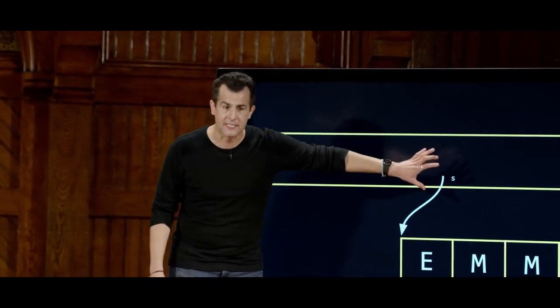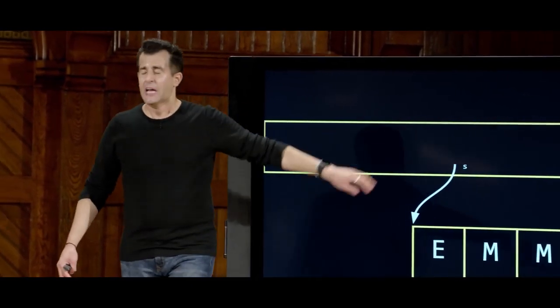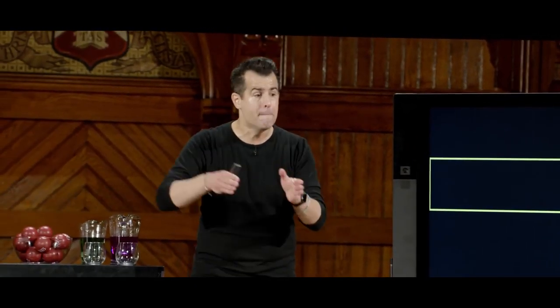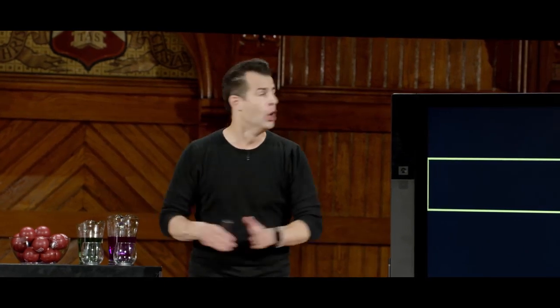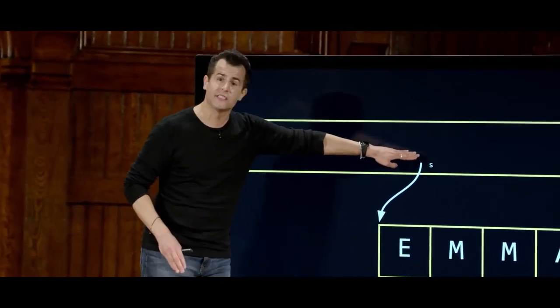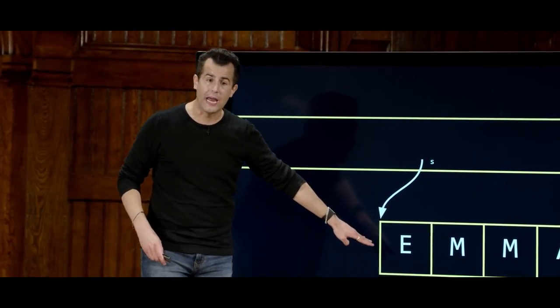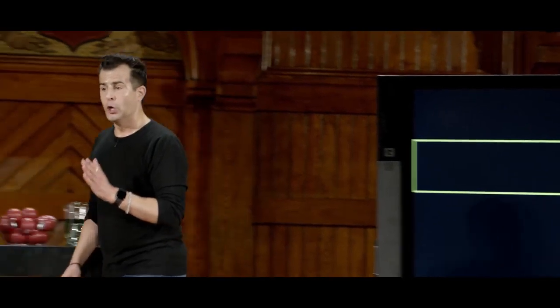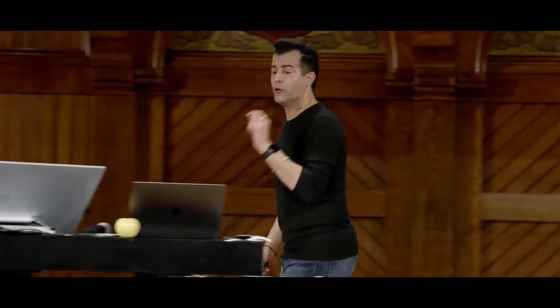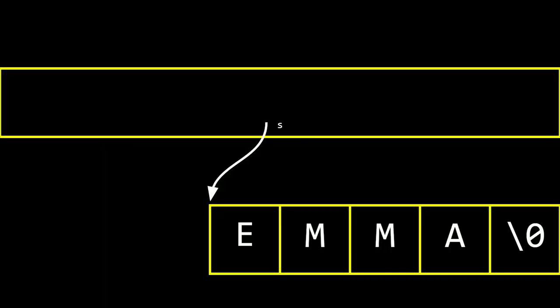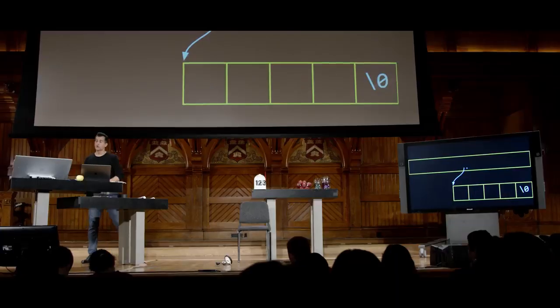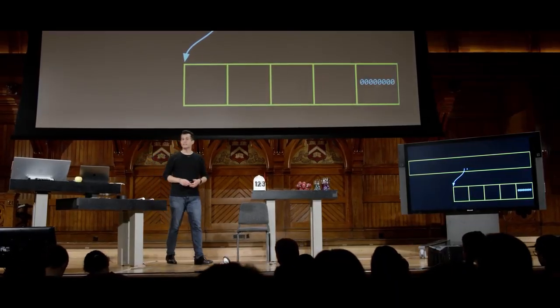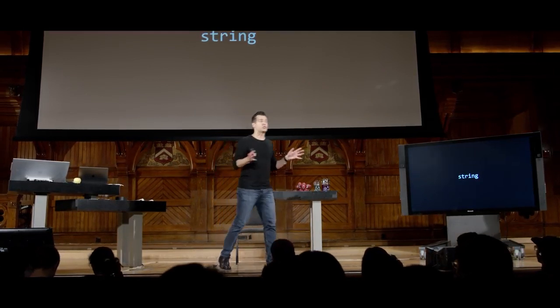it turns out that s, this thing we've been calling a string, has no familiarity with M, A, or the null terminator. All s is pointing at, technically, as of today, is the first letter in her name, which happens to be in this story at 0x123. But the computer is smart enough to know that if you just point it at the first letter in a string, it can figure out where the string ends by just looking, as with a loop, for that null terminating character. So this is to say, ultimately, that there is no such thing as string.